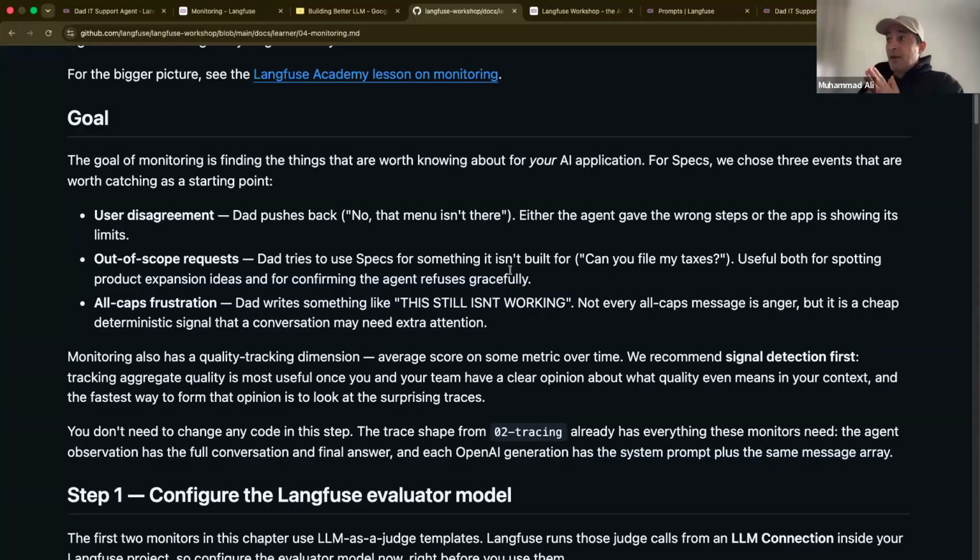Now we're going to find the traces where the user disagrees. So the user says, well, I don't see the menu. Or an out-of-scope request, the user asked, file my taxes. Or the user is frustrated. How do we know it's frustrated? Like all-caps responses. So we're going to try to find interesting things that we can do when we have this observability in place.